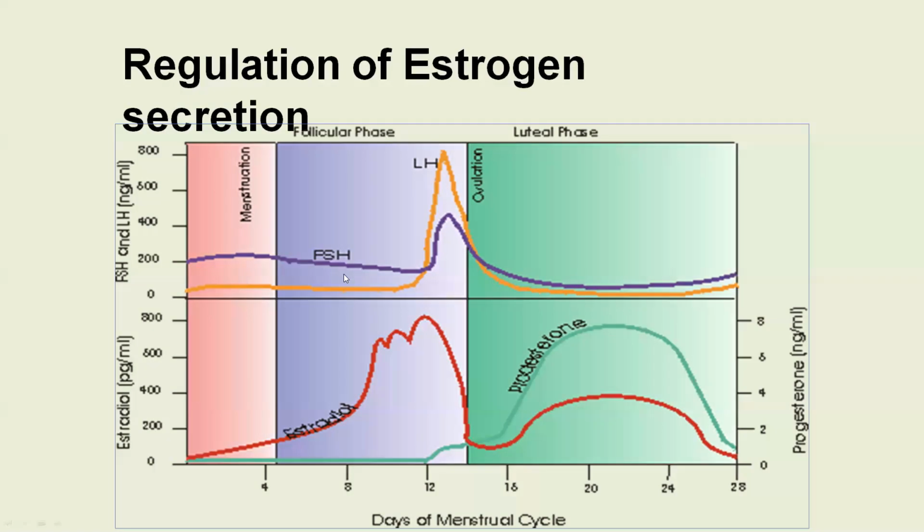which develop into secondary follicles. Now these growing follicles secrete estrogen. Here you can see the estrogen level increasing in the pre-ovulatory phase because of the follicles secreting estrogen. This increased estrogen level exerts a negative feedback on the pituitary, which gradually decreases the FSH levels. Because of the decreasing FSH levels, the developed secondary follicles degenerate, leaving only one follicle to develop. That is what we call the Graafian follicle.